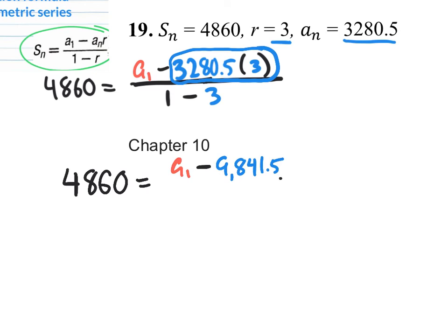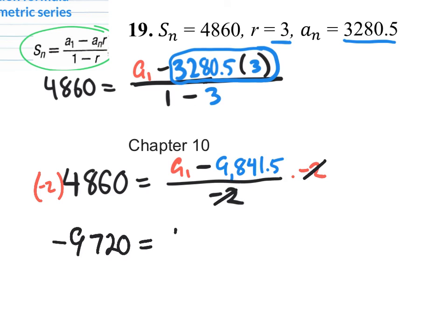And it's still going to be divided by 1 minus 3, which happens to be -2. So here's our equation. We will now be able to solve for a sub 1. Let's get rid of that -2 by multiplying by -2. That will cancel. What I do to one side, I do to the other side. So I need to multiply this side over here by -2. That'll give us